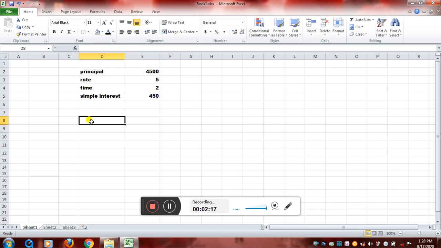Next is using text formula. We can perform addition on characters, on alphabets or a number of words, but we cannot perform operations like subtraction, multiplication and division; those are not allowed in Excel. And we use the ampersand symbol for doing the addition of the characters. And you know, joining two or more text values together is called concatenation in Excel.